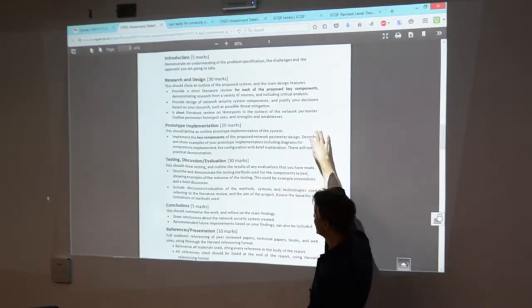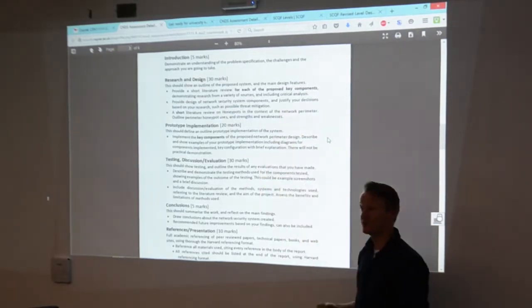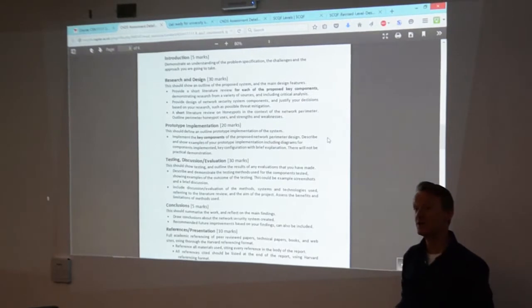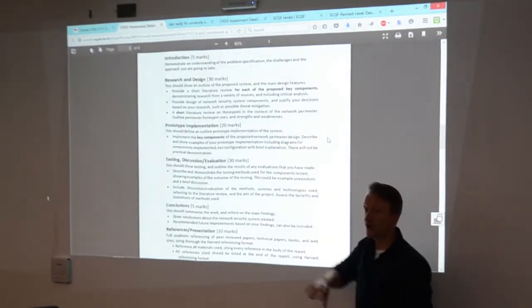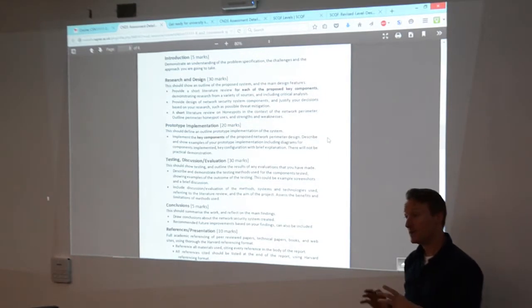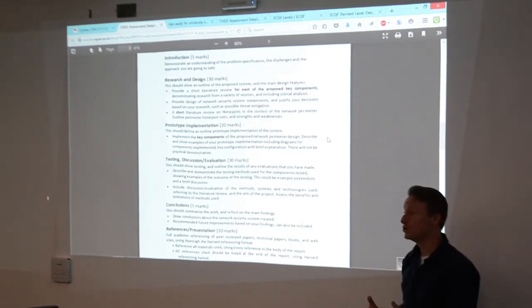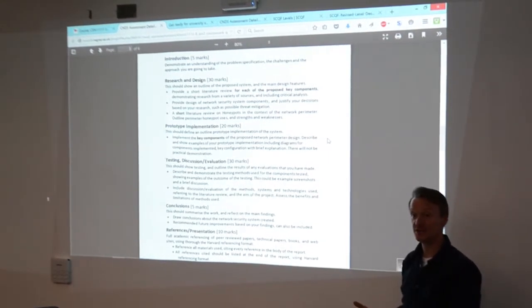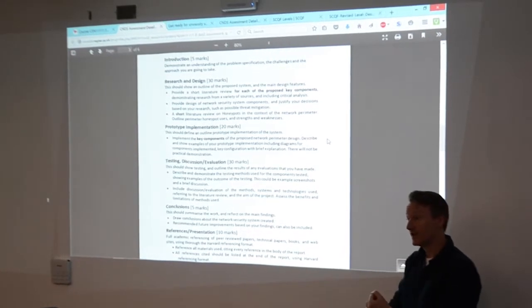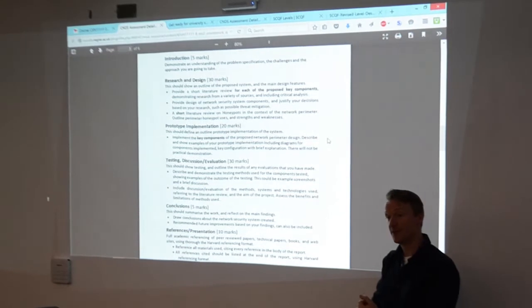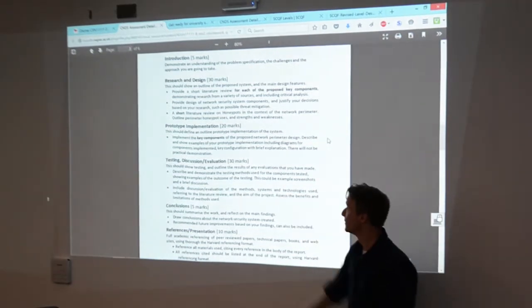Okay, so linking back to these things, and again, this is really good practice for your dissertation and other projects. So all research work is like this. You're always evaluating against other work in the field, work which you use, sources which you used, and the main aim of the project. Were you successful in implementing the ingress filtering? What techniques did you use? Were they good or bad? Explain why, okay?